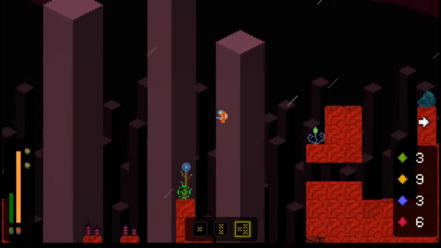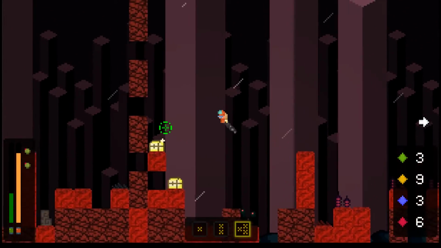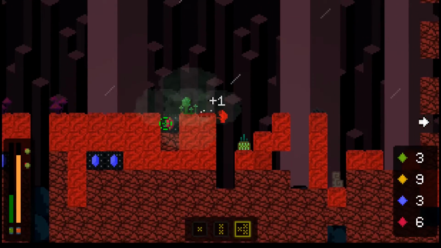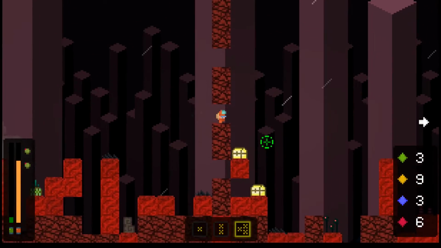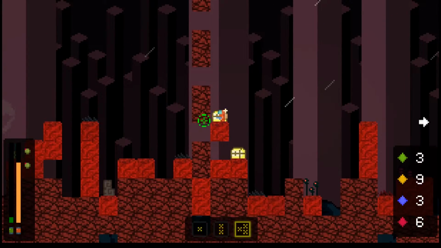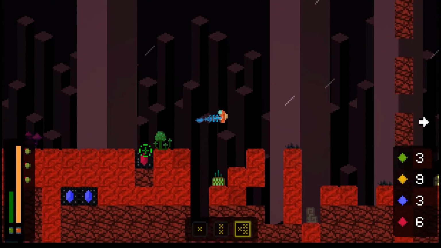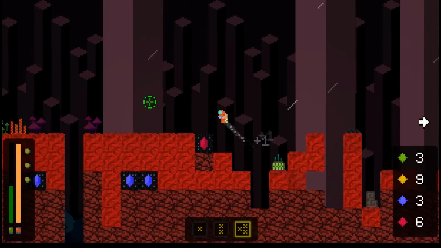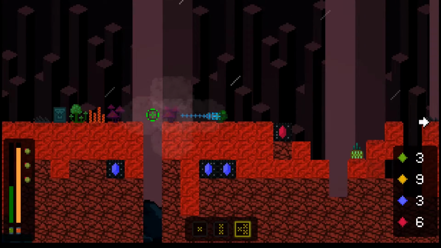Now, I've done a little bit of exploring and I've destroyed most of the hives on the surface. So at least close to the ship we should be relatively safe. But we have to watch our health, of course. Which is another reason those boxes are super handy to have. Oh, I've got to watch the...